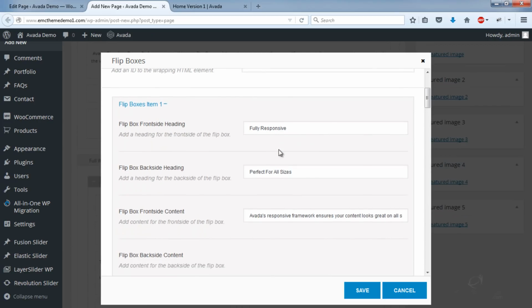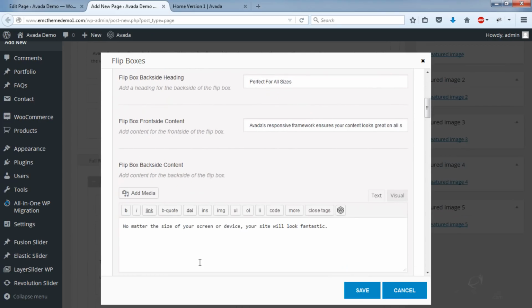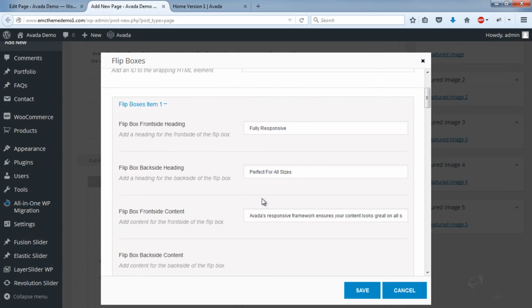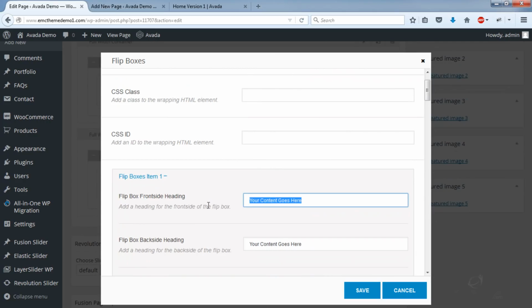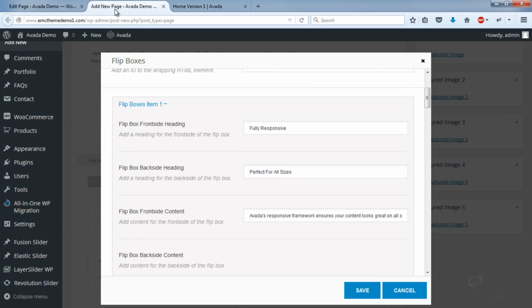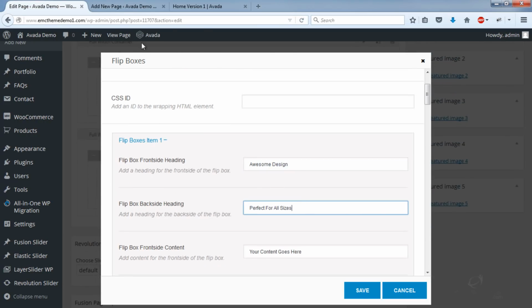We've got a heading, we've got the backside heading, the front side content, and the backside content. Okay, interesting. So you can fill all of that stuff in. And I'll just copy and paste from the demo for demonstration purposes.